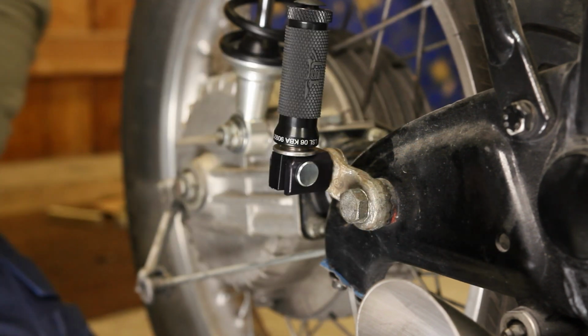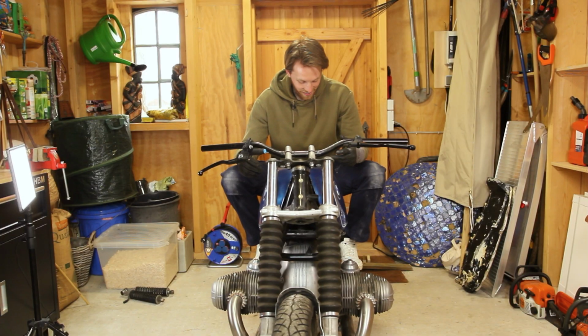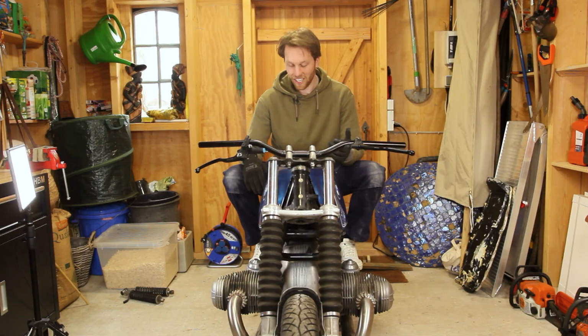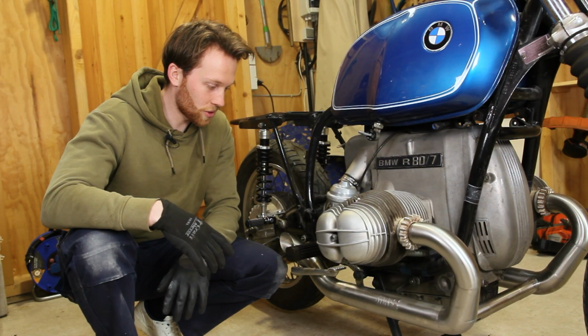That looks good. What do you think? Alright guys, both rear foot pegs are installed. They look super nice. But now onto the front ones, and the front will probably be a lot trickier because